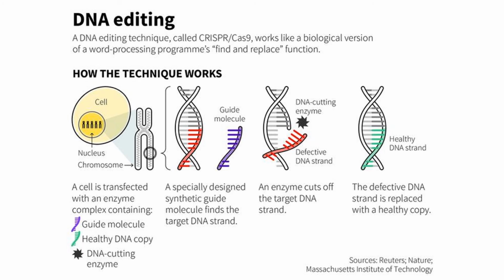So in a similar way, if a defective gene is present within the genome, we have to find that particular gene along with the replacing gene. Okay, and that is assisted by the CRISPR Cas9 gene enzyme complex. Here the guide molecule is your replace molecule, which will help to find the defective DNA strand. Then the healthy DNA molecule is an insert, replace molecule, and the DNA cutting enzyme performs the find and replace function.